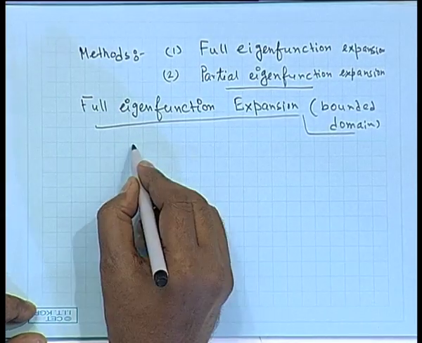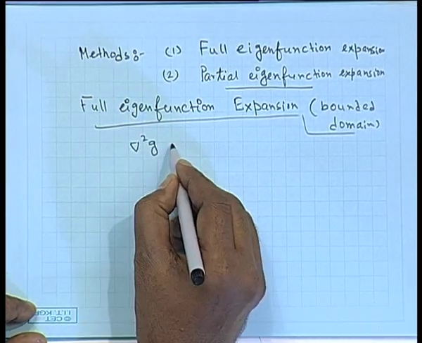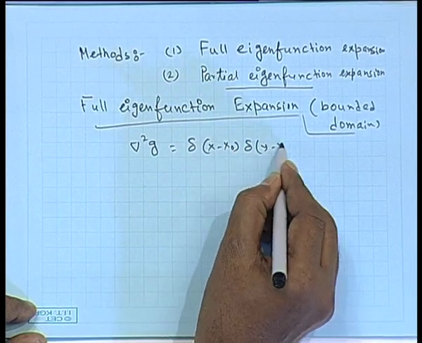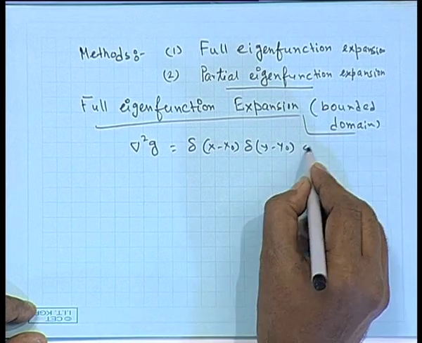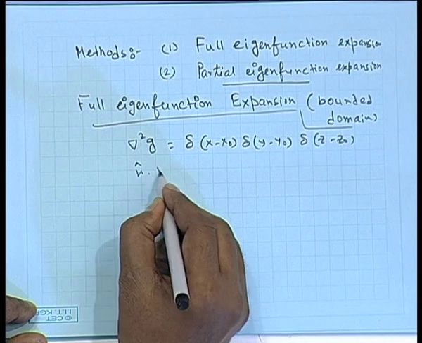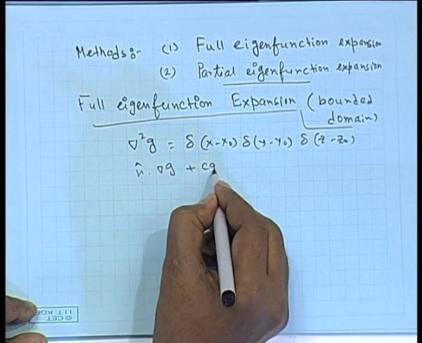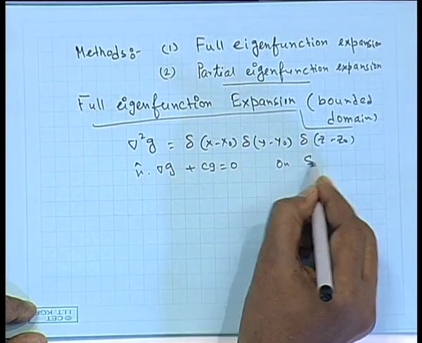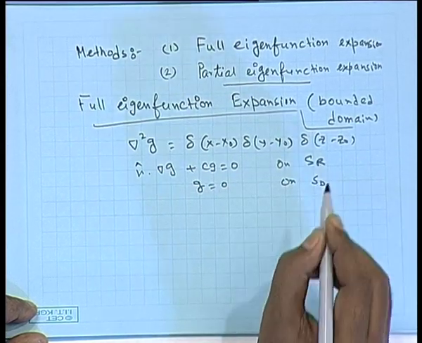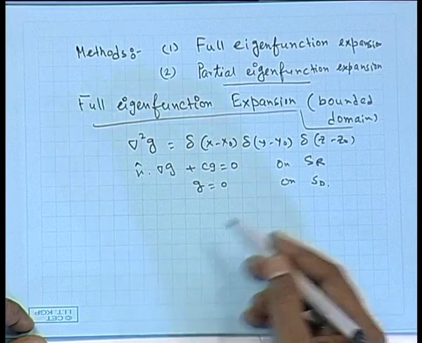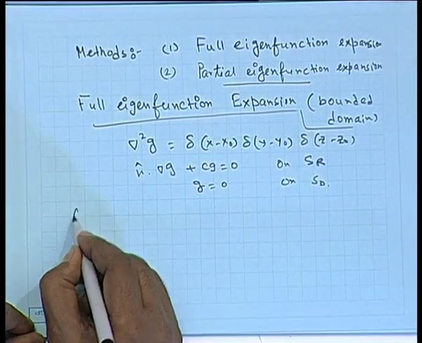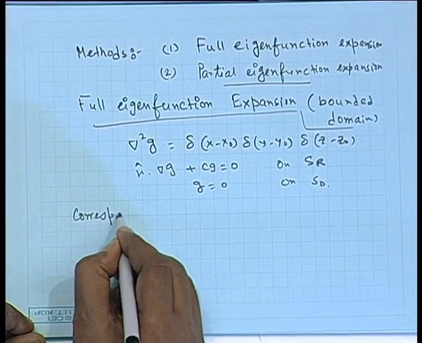Now, our Green's function is del square g is equal to delta x minus x naught, delta y minus y naught, delta z minus z naught, with the boundary condition grad of g plus Cg is equal to 0 on the surface SR and g is equal to 0 on the surface SD. So the corresponding eigenvalue problem